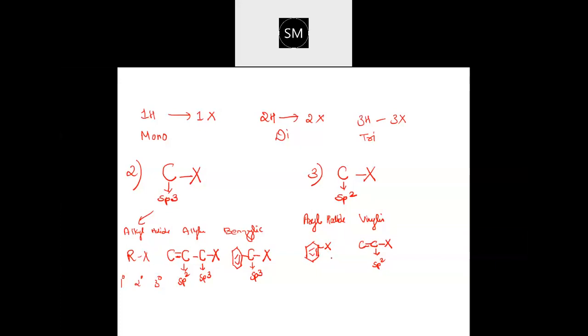Halogen should be connected to sp2, yes, correct. It is sp2, no dear. See, why in aryl halide? It is sp2, no? Carbon-carbon double bond, no? Benzene ring if you take, double bond, no? Every carbon over here is